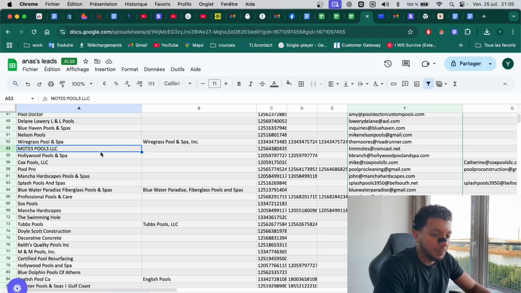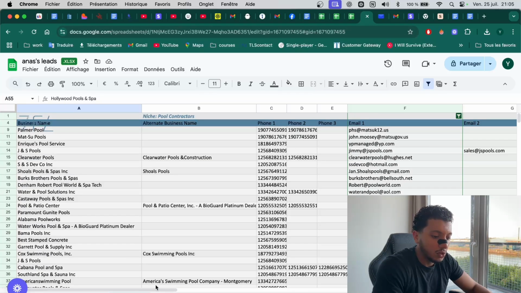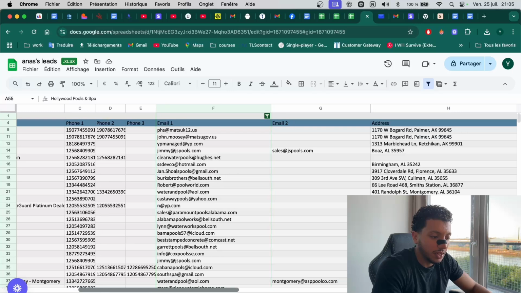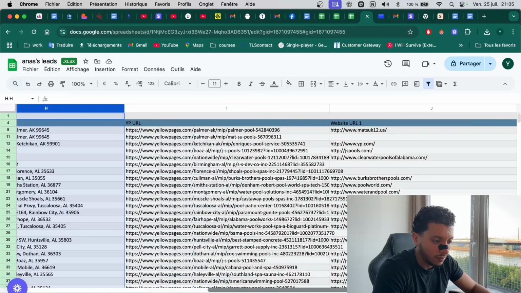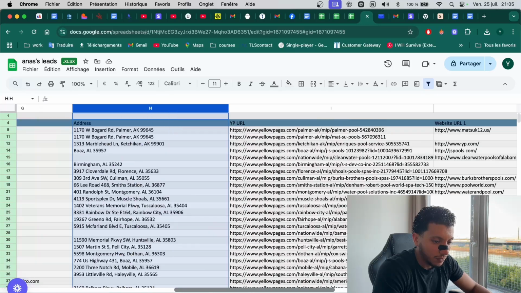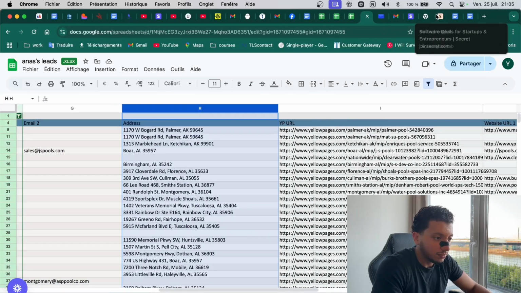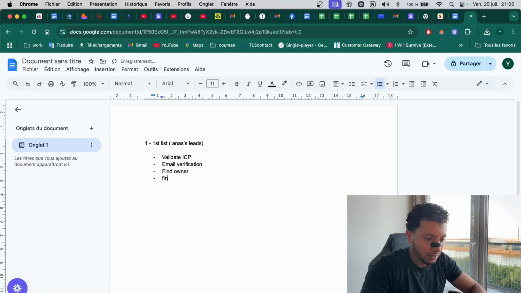After that, I'm not sure, but we have the address, so we should extract the city. Find city from address.